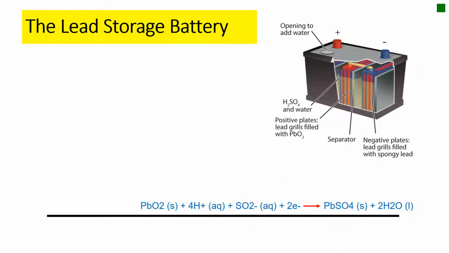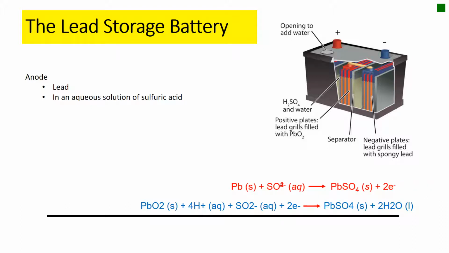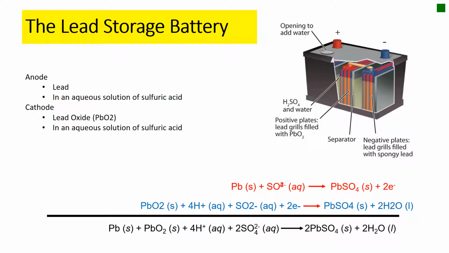Now we have the lead storage battery. The anode is the lead in an aqueous solution of sulfuric acid. Your cathode is the lead oxide in an aqueous solution of sulfuric acid. Here you have your anode, your cathode, and that's how you get your overall reaction. And the lead storage battery is also used in automobiles, which have 6 cells, which means you have 12 voltages and